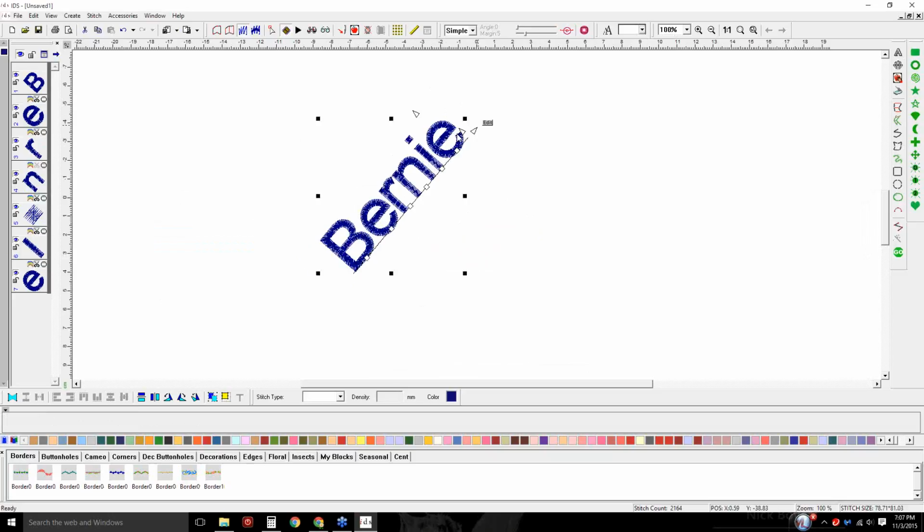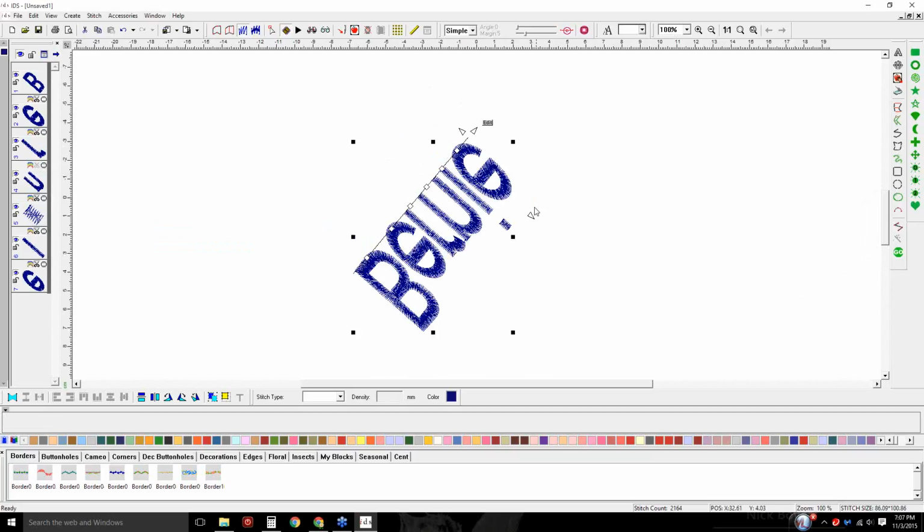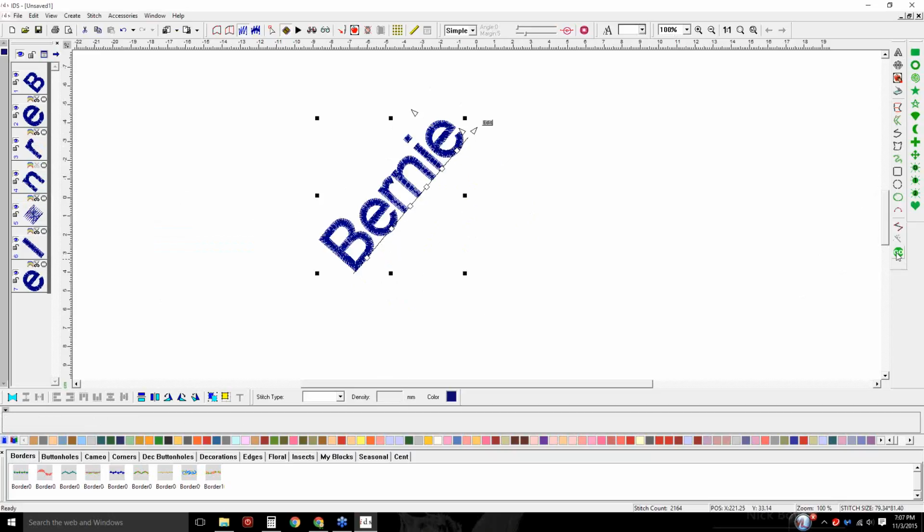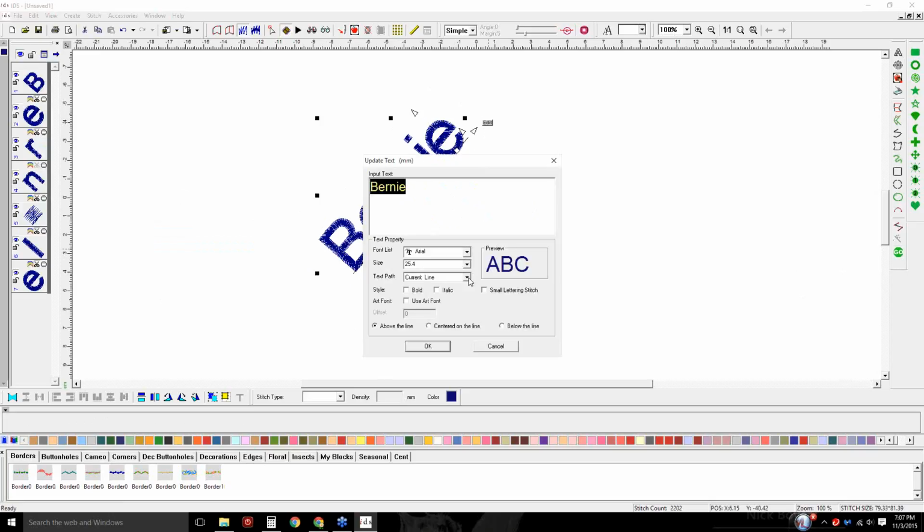So I still have all of those options, right? And I can still scale with the little white arrows and flip it if I want to, right? I can do all of those things, but that is just a text path. There are lots of text paths. There's the current line, there's an arc, there's an ellipse, there's a freehand, right? Now, if you want to do circular lettering, you're better off creating 2 arcs, because let me show you what